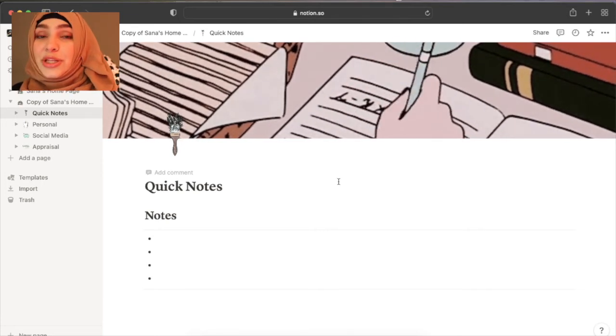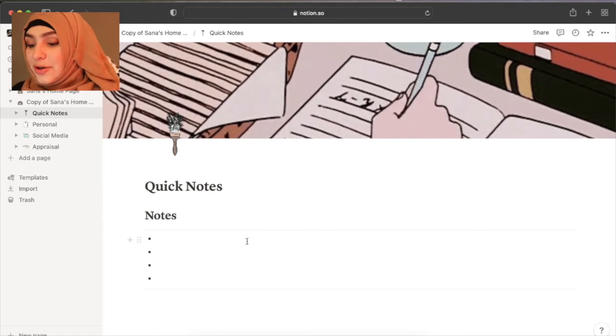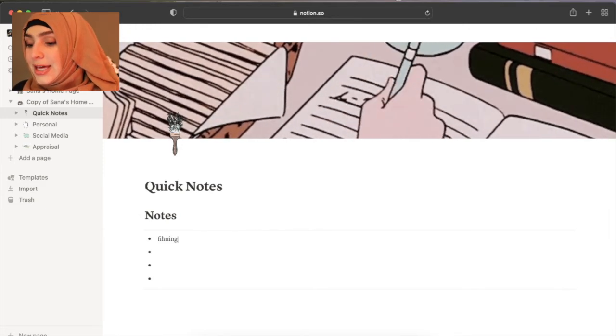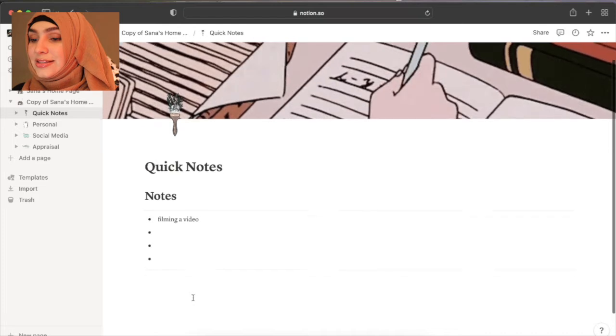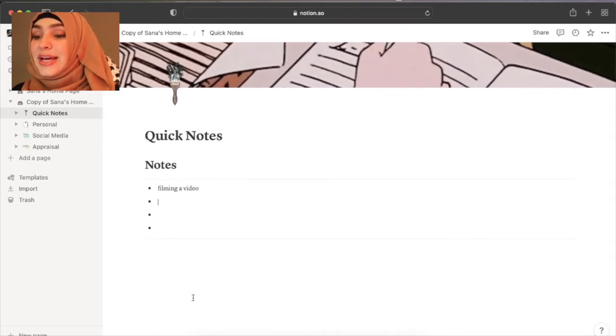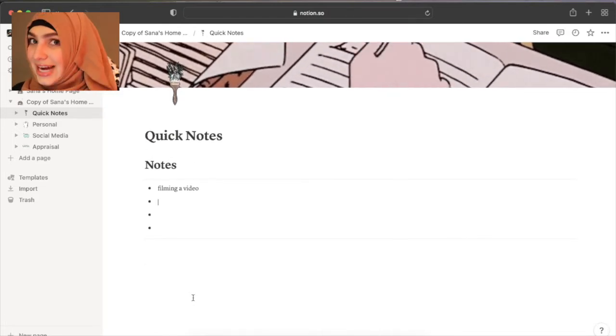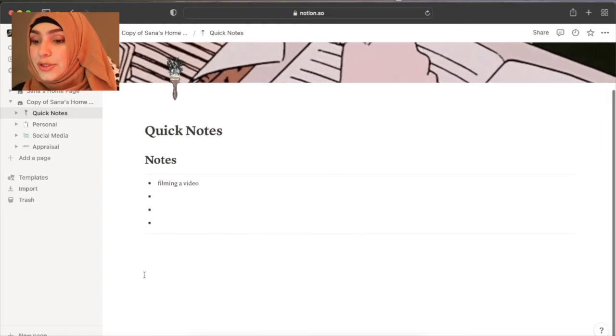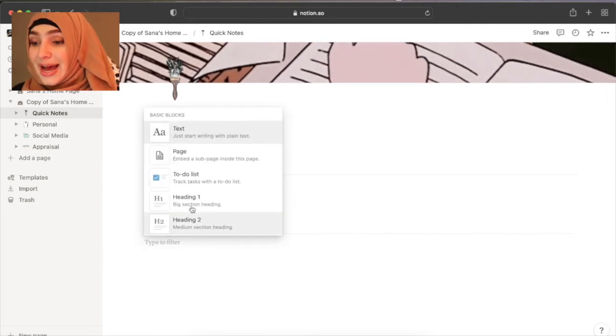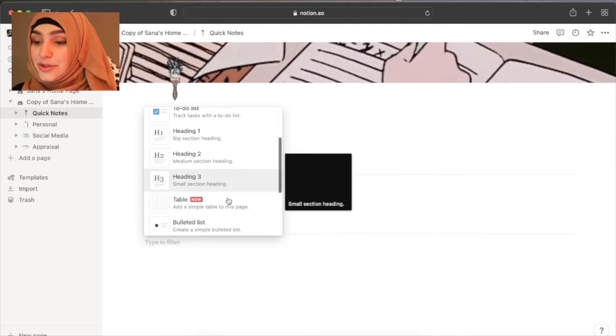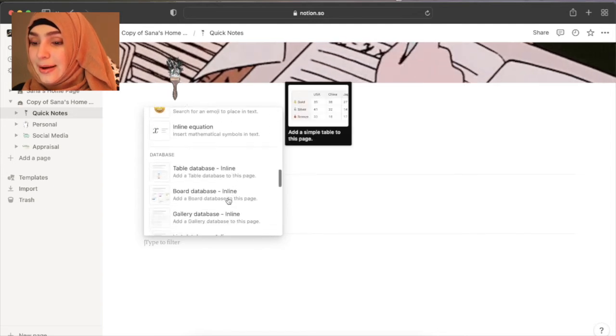You just go into it really quickly. You just jot down a note, like filming a video. Just a very simple page. And as you can see, this page in its entirety is just a notes page. But what you can do is you can pretty much add something else to this page. So let's say you wanted to add a